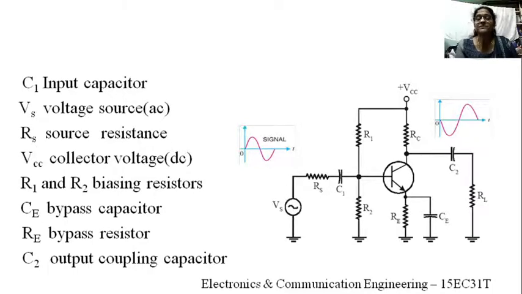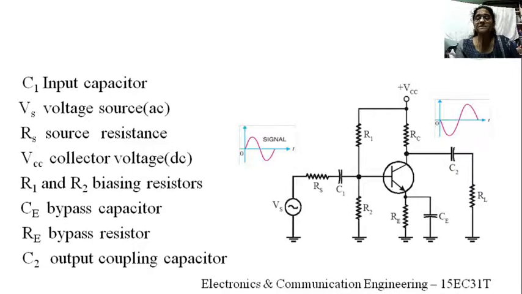The reactance of C2 is also very high at very low frequencies. So what happens? It also allows only a small amount of the amplified AC signal to reach the load, right? What happens to the output? It reduces. So if the output reduces, what about the gain? Gain is output voltage divided by input voltage. Output is reducing, which means gain is reducing. So due to this effect, gain is reducing.